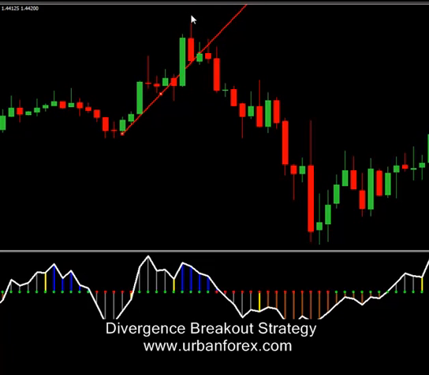Okay, so that pretty much concludes how you can trade this divergence breakout strategy. Again, it's mostly price action. You're just using the CCI just to see